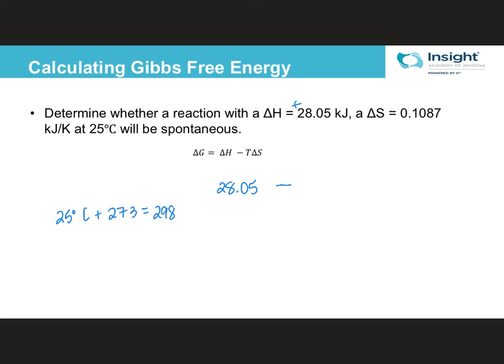That makes it 298 K. And then my entropy is 0.1087. Now let's calculate this. My delta G is going to be 28.05 minus, what did I get, 32.39. So that's going to give me